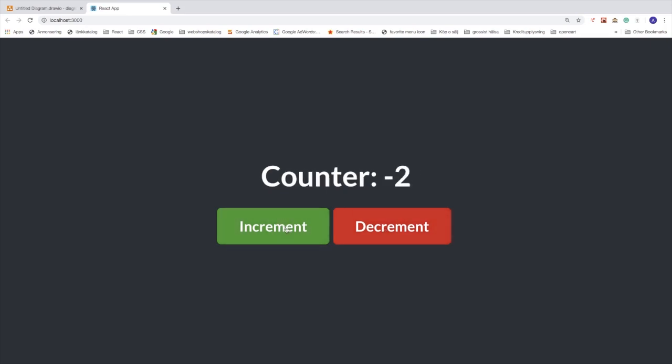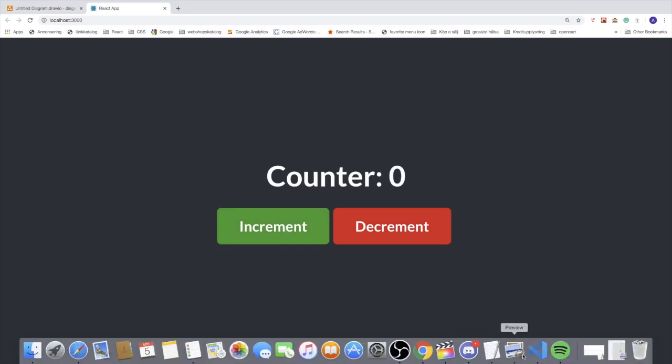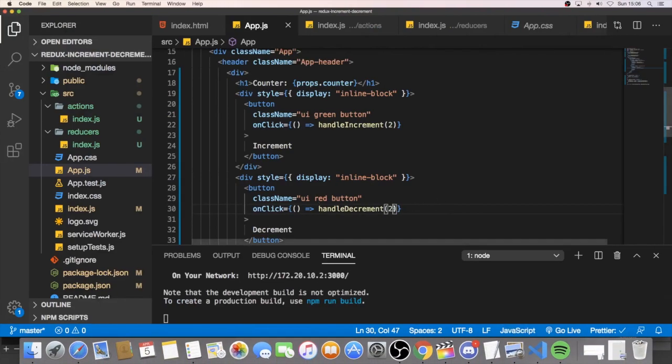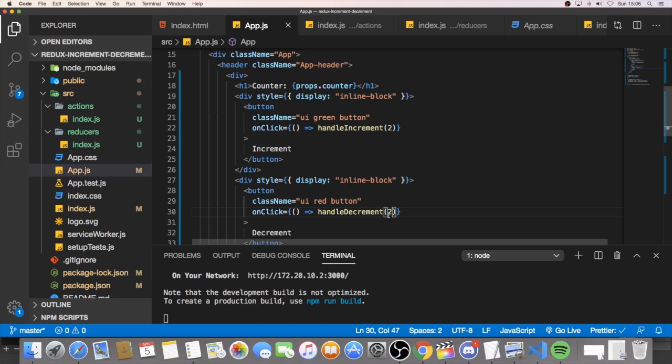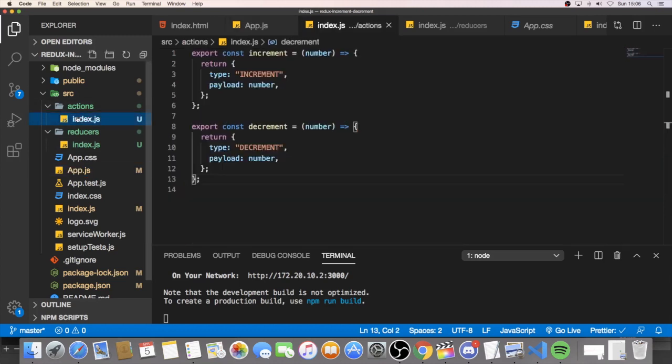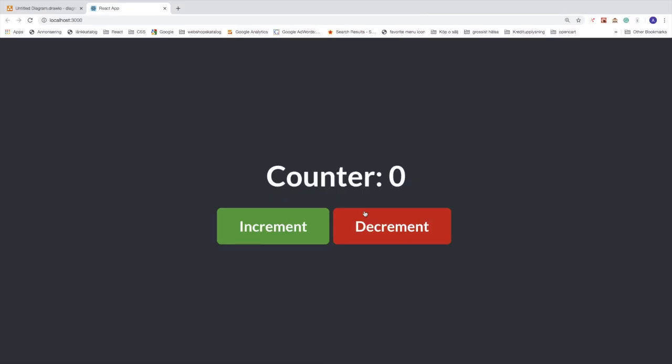Okay, so this is a great way if you want to have a different value right here, instead of going to the action creator and changing the value right here. Okay everyone, so this is how you can create an increment and decrement application using React and Redux for